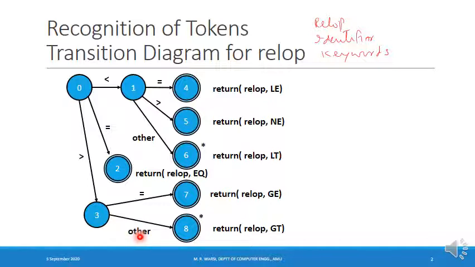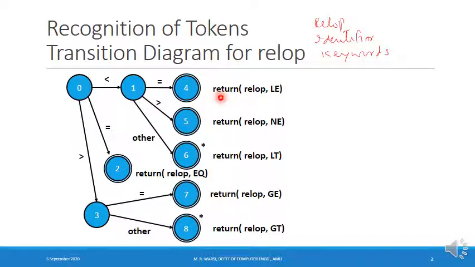The next thing that I would like to point out is that for each of the final states, I have written an action. What is the action in state number 4? It is return relational operator as a token, and less than or equal to being the value of the token, to the syntax analyzer.